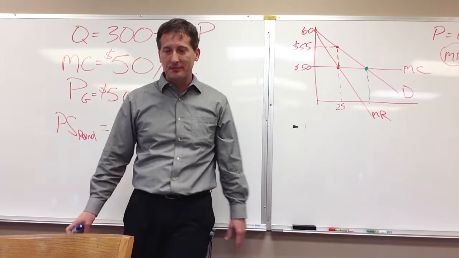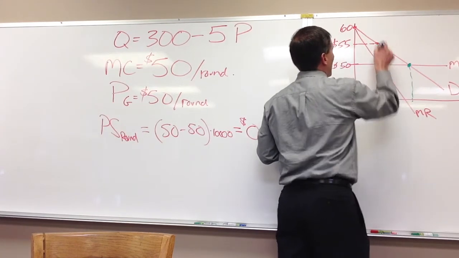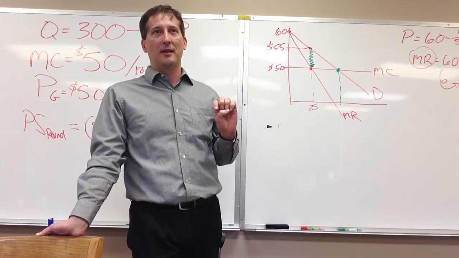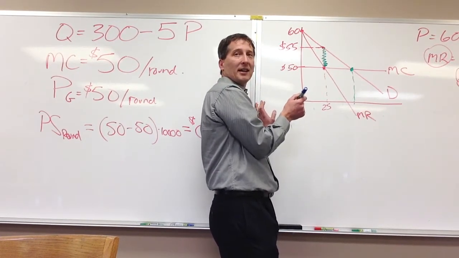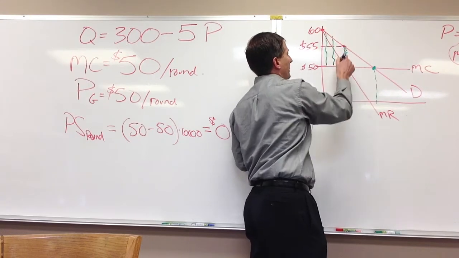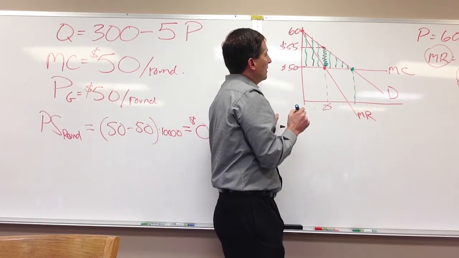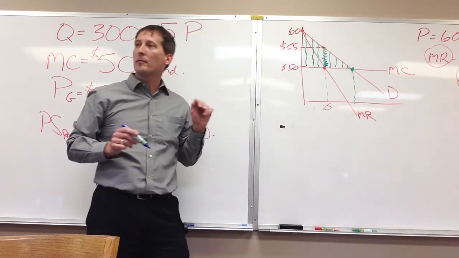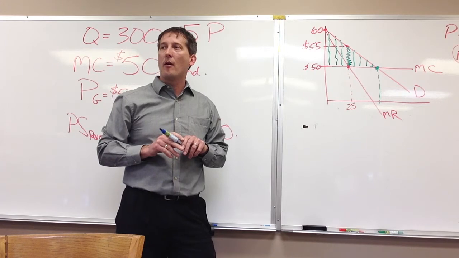What's missing off this picture? Chelsea was hinting at it a little bit. This person for the 25th got $5 worth of something. What's that something? Consumer surplus. But there's more than that. There would be a kink in this. But we've got consumer surplus on these, right? On all of these. So each round of golf would be like the first round of golf would be a high price, and as it increases,